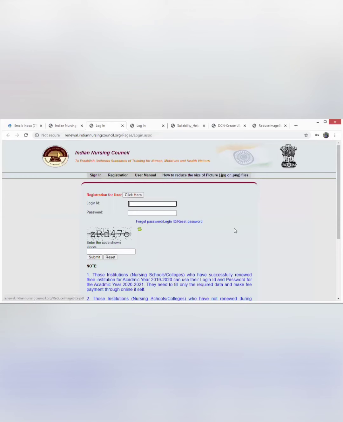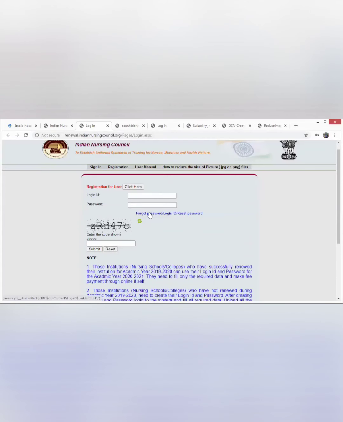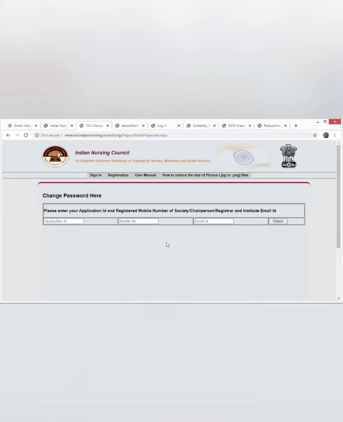And before that, we would like to request that each nursing institution shall have its institutional email IDs, so that the principal can access, the chairperson can access, and the concerned dealing person who is uploading this information can have access to the emails. Because even if you have a login ID but you want to reset the password, for that also you should have an email ID registered with the Indian Nursing Council. With that you can retrieve or reset your password.